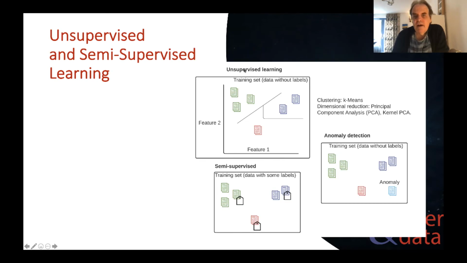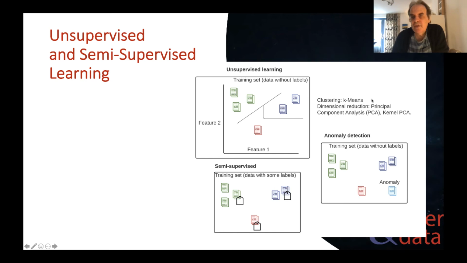The other type that we have is what's called unsupervised learning, and in this we don't actually classify the data, but we allow it to naturally congregate inside clusters, say, or we can reduce the complexity of the data by reducing the number of features that are used to train.